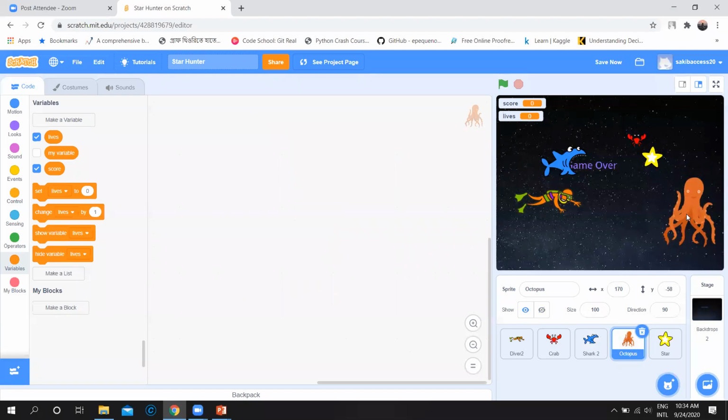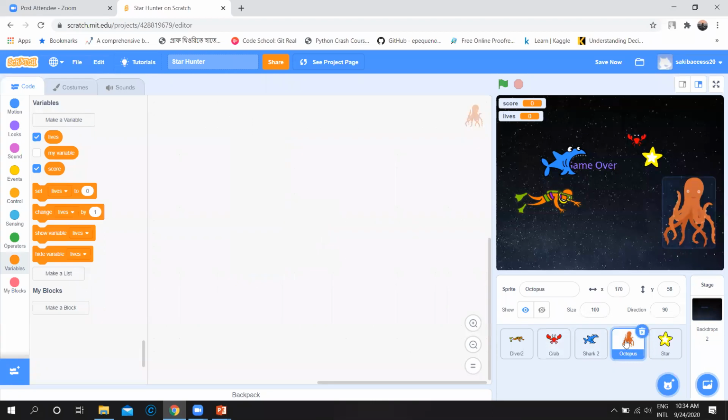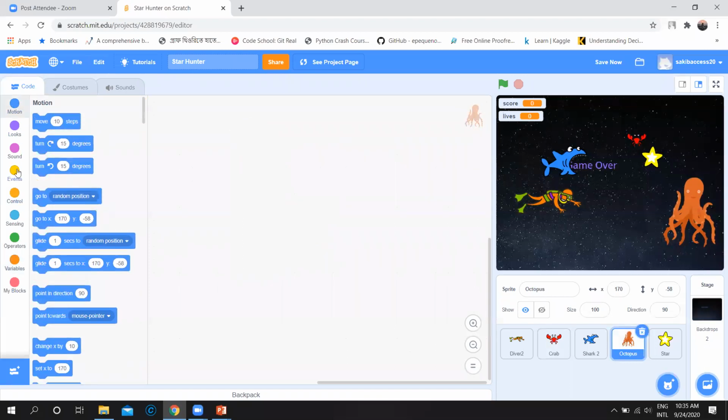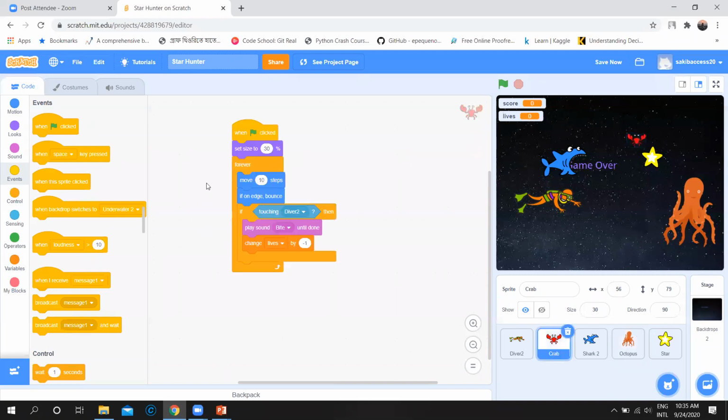But now I am not writing the code for the octopus. You have to complete it, the same thing as the crab. Write the code for the octopus. Okay, I'm writing it, no worries. For the octopus, events, whenever this is clicked. If the codes are the same, we can just copy, can we? Actually, let me check.